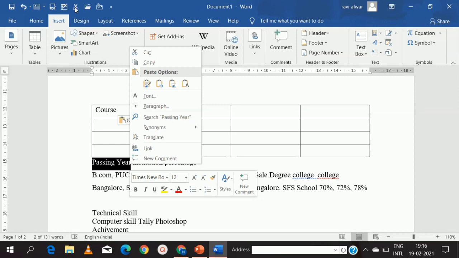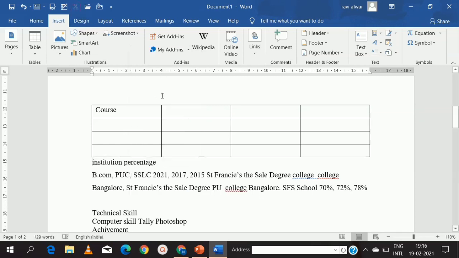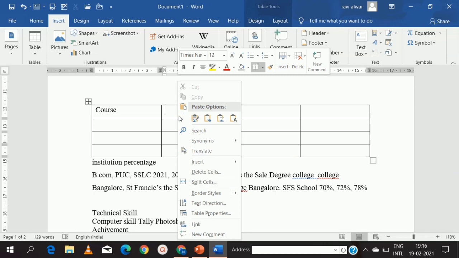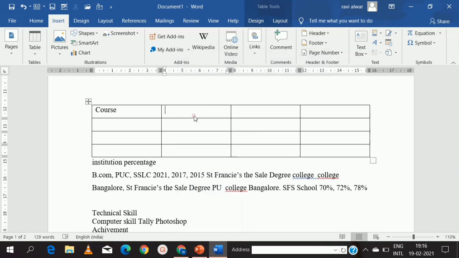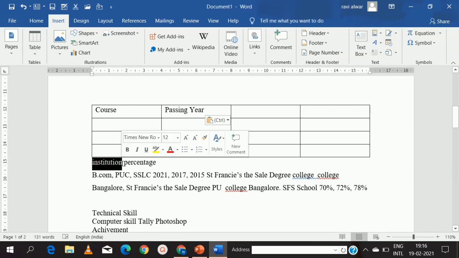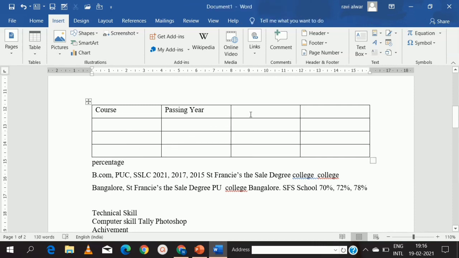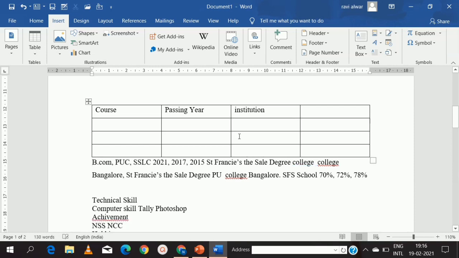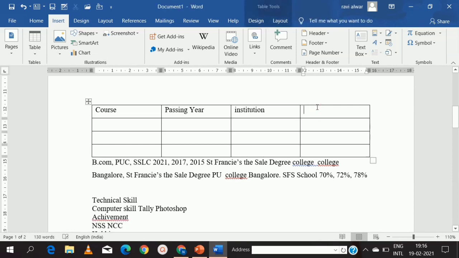So I'm going to select it from here, cut. Then I'm going to paste it here, right click on the table, you can paste here. Next, institution, cut and paste it here. Control V is your shortcut for pasting. Percentage, Control X for cutting, Control V is for pasting.